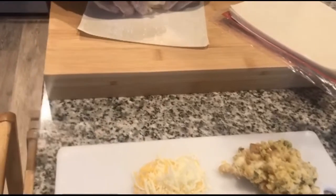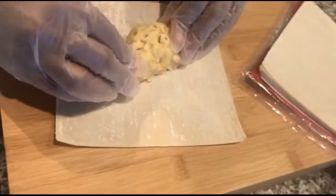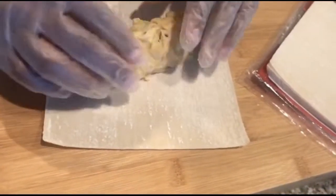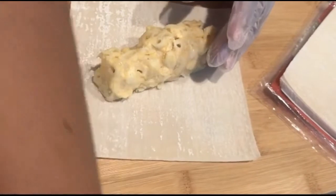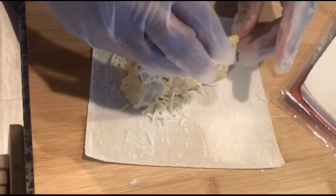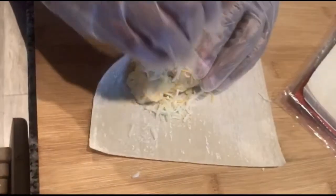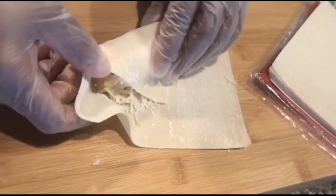So we have our egg roll wrappers, and you can find these in any grocery store. We are just going to take our mac and cheese and put it inside our egg roll wrapper. Make sure your wrapper is diagonal, and put in a little extra cheese. We're going to fold the bottom up, fold each side in,